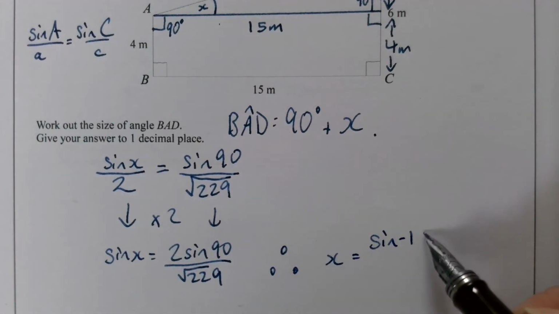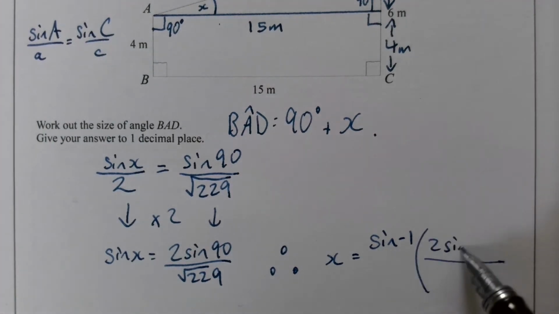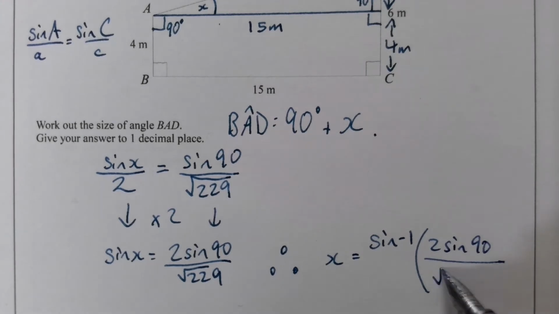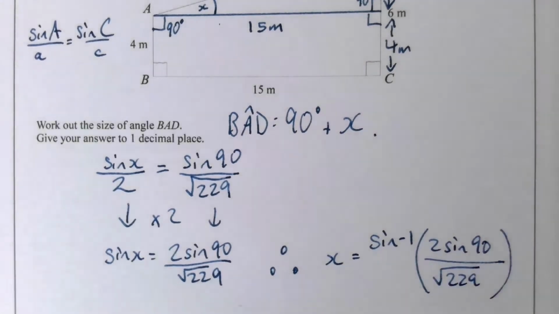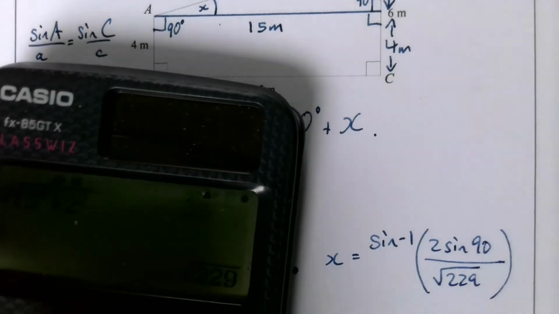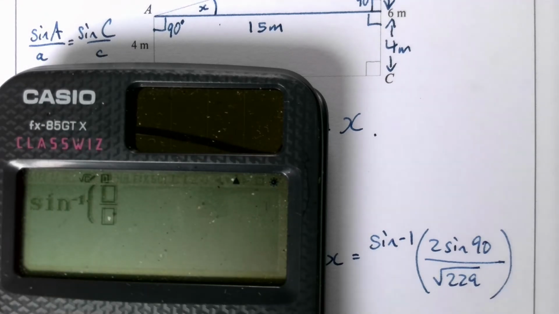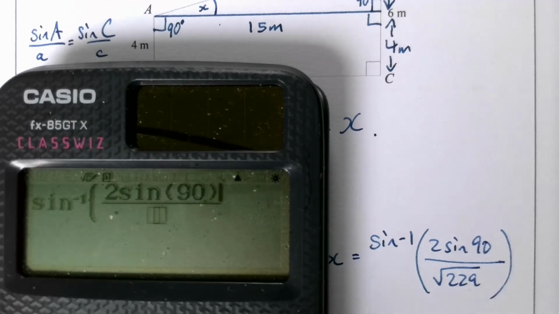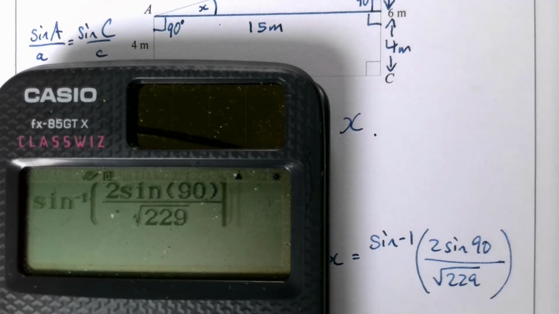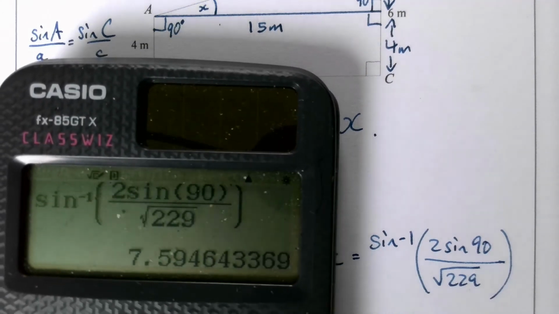So you do shift and sine and then put 2 sin 90 over the square root of 229 all into that in one go. So I do that now. Shift, sine, press the fraction button, 2 sin 90, close the brackets on the 90 degrees over the square root of 229, come out of the fraction, press the close of brackets and equals, and it gives us